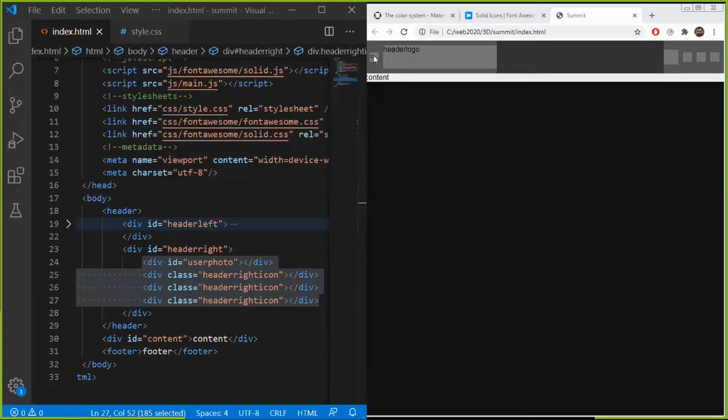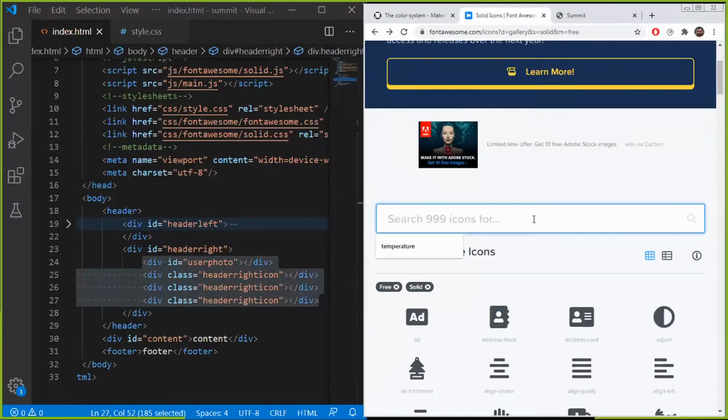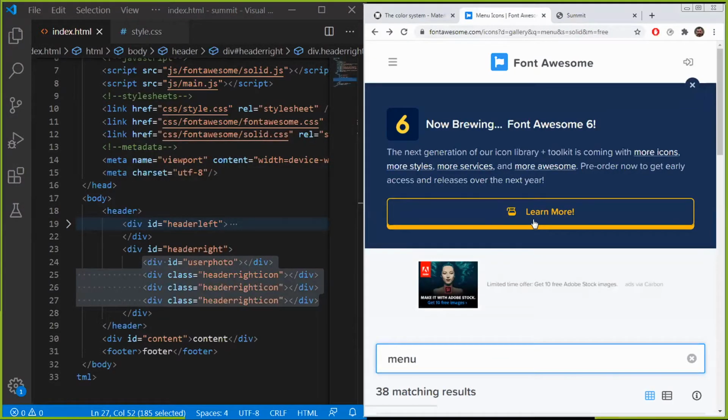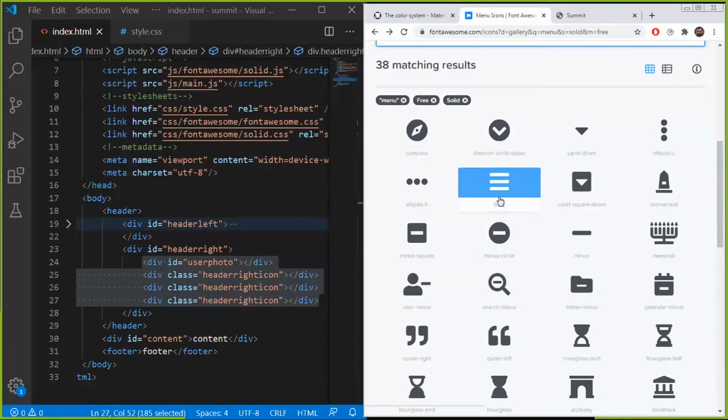Okay. So for the menu, what we're actually going to do is we're going to put a font awesome icon here. Okay. So we're going to go to the font awesome gallery, and we're going to look for menu. We'll say menu. And we're going to use this one, the one that says bars. Now, in order to paste it on your HTML page, we already added all the style sheets and JavaScript files required for this. All you have to do is,